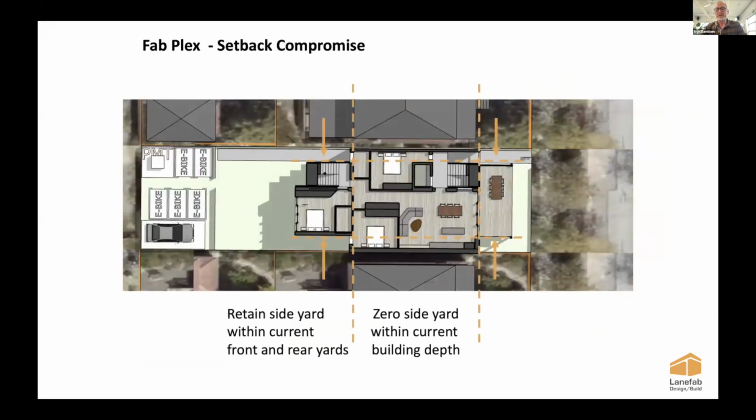And the goal here was to basically do a European building for some of it, push right to the property line, but where you stick into the front yard or the backyard to actually retain a little bit of a side yard setback. So I see this as a compromise between the North American approach with setbacks and something that maybe allows us to have a more European or global approach in terms of a housing typology.